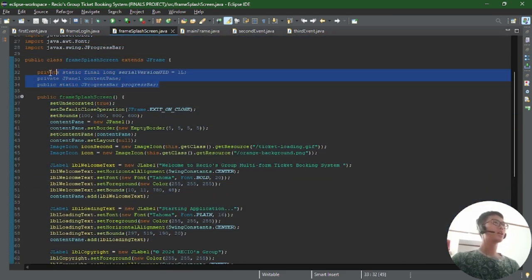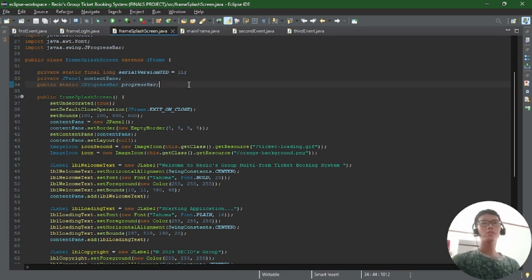It is being declared. In the constructor, the window is set to be undecorated and configured to close the application when it is closed.